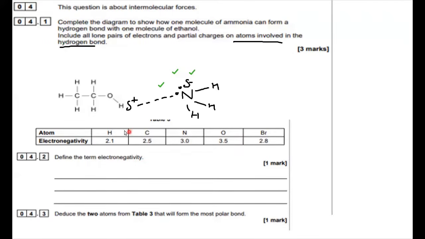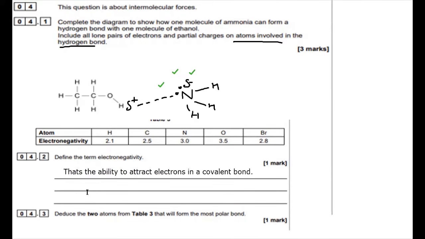We've got a little table here of electronegativity. Hydrogen scores 2.1 on the Pauling scale, carbon 2.5, nitrogen 3, oxygen 3.5, and bromine 2.8. Define the term electronegativity. Now, that's the ability to attract electrons in a covalent bond. I reckon my brain is slipping here, but it's the ability to withdraw electrons in